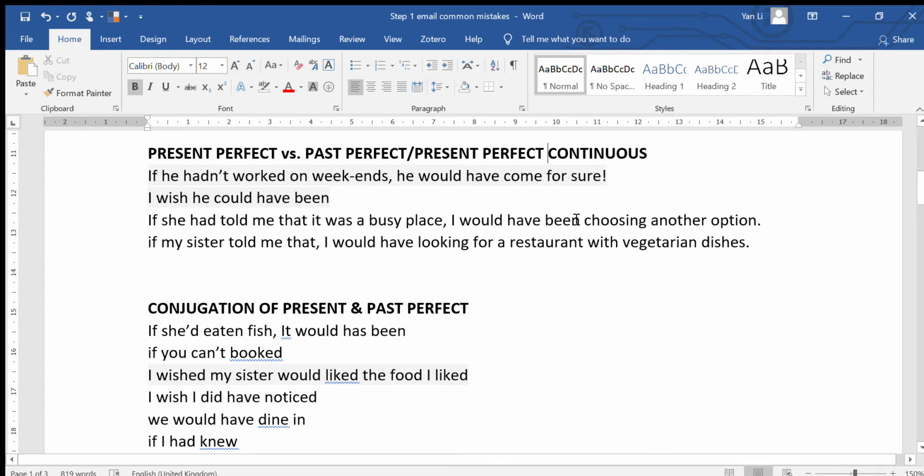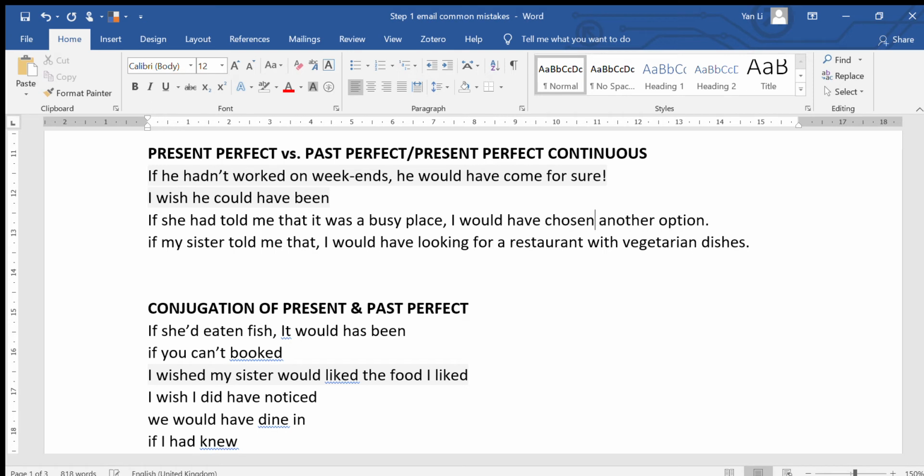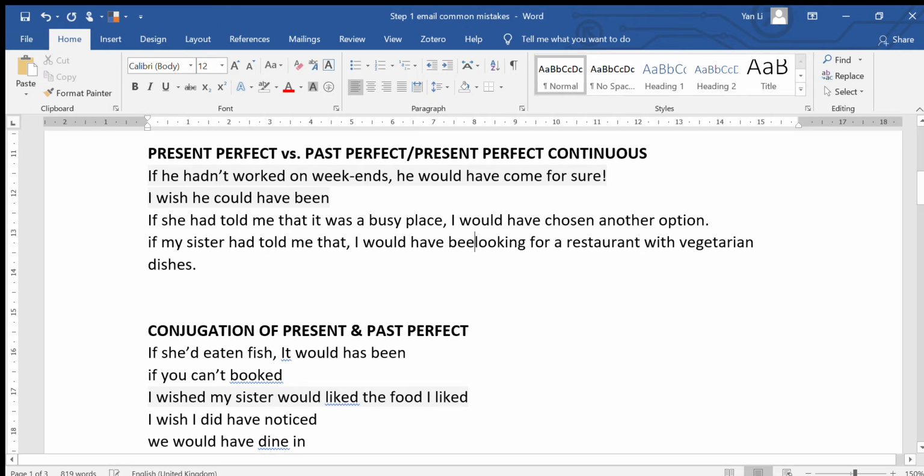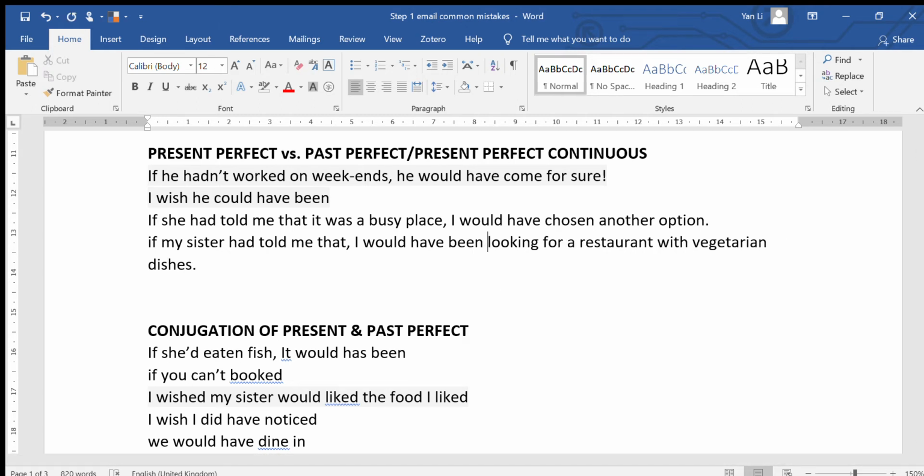So I would have chosen. If my sister told me that, this is actually probably if my sister had told me that, I would have looking for a restaurant with vegetarian dishes. Okay, so first of all, if you really want it to be present perfect continuous, you need the perfect bit, okay? You got present perfect